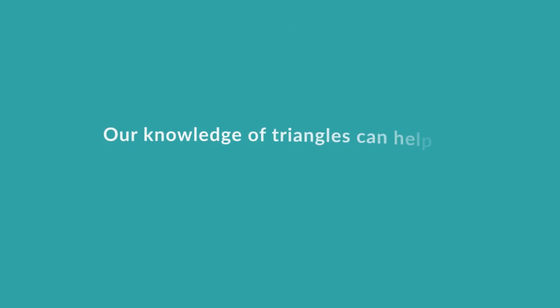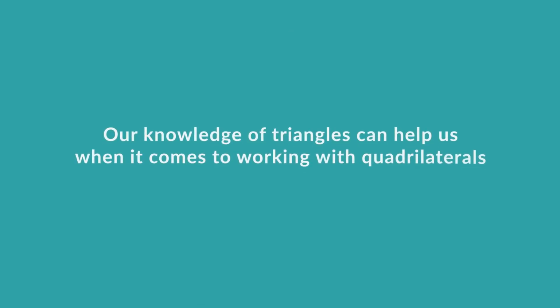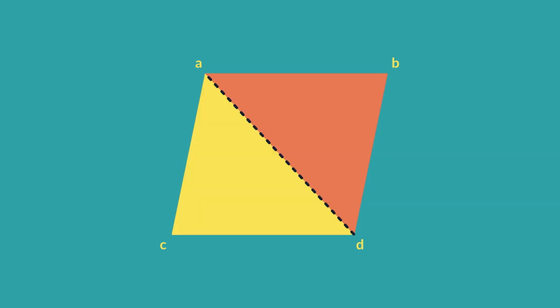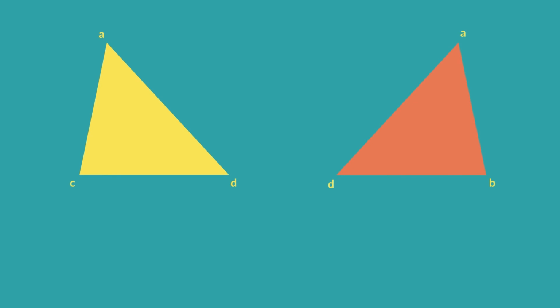Our knowledge of triangles can help us when it comes to working with quadrilaterals. For example, if you are asked to find the area of a parallelogram, there are certain steps you can follow to find it. Diagonals of a parallelogram divide it into two triangles that are congruent. Whichever diagonal we choose, we end up with two triangles that are exactly the same and have exactly the same